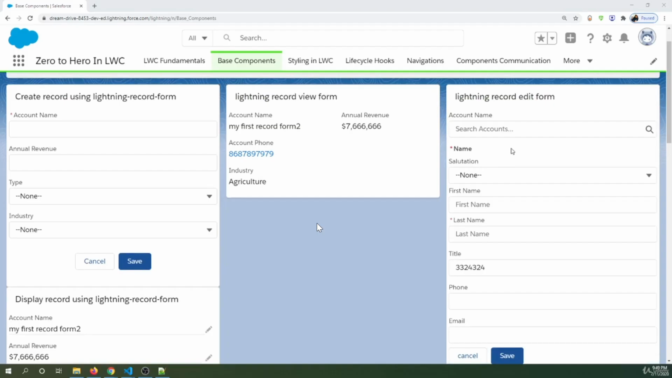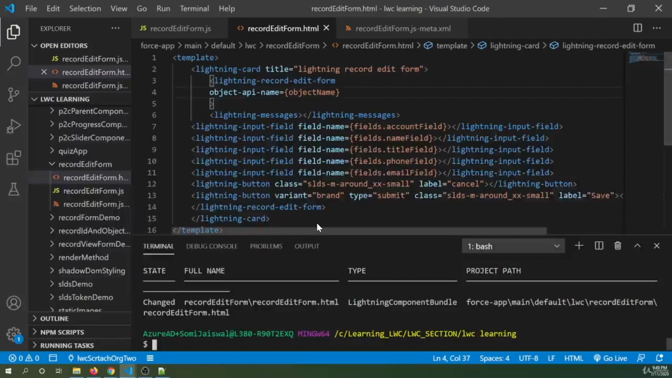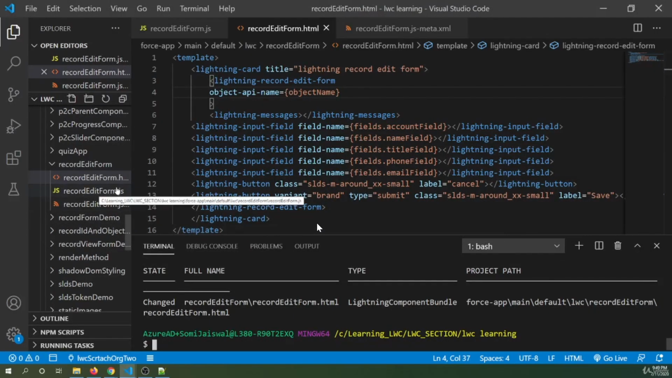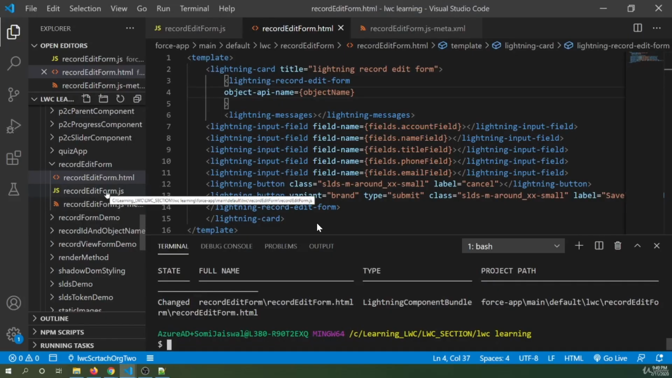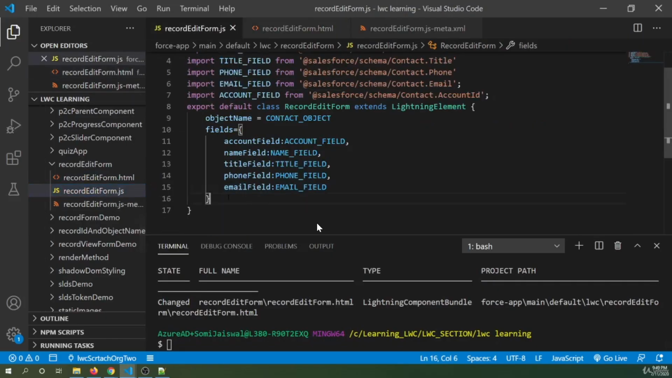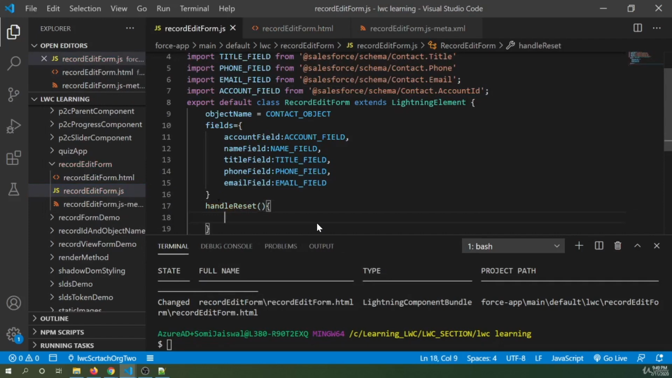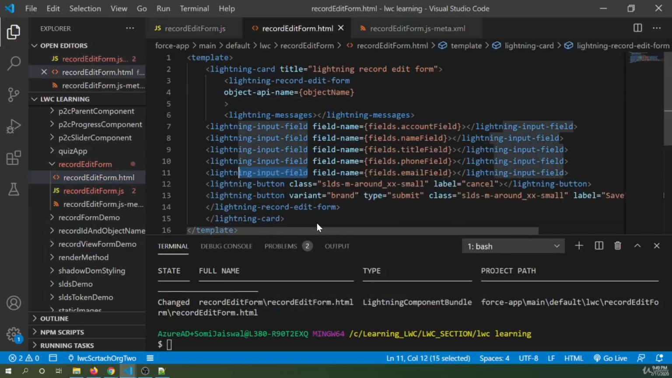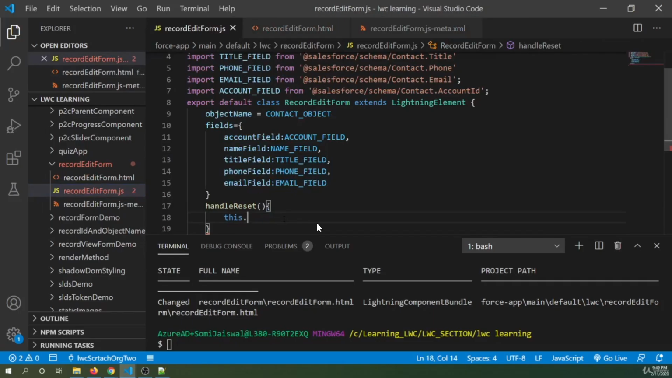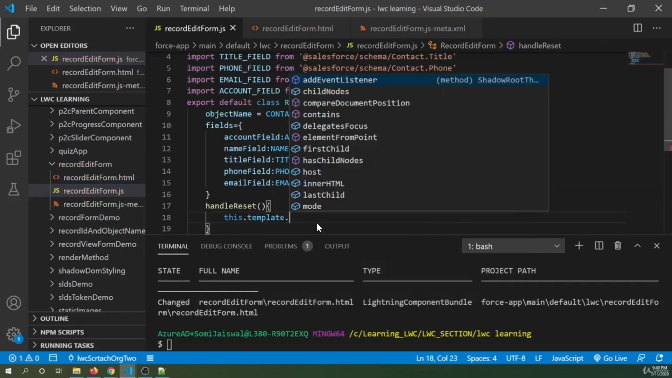So let's go to our VS Code, and this is our component we were working with in the last video, that is record edit form.js. So I'll go to the JS file and I'll create a method handle reset, and here what I'll do is I'll fetch all the tags that have lightning input field, and you already know how to fetch the elements. So we'll say this.template.querySelector